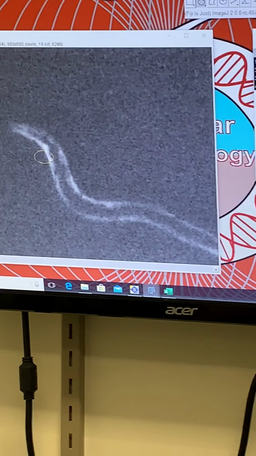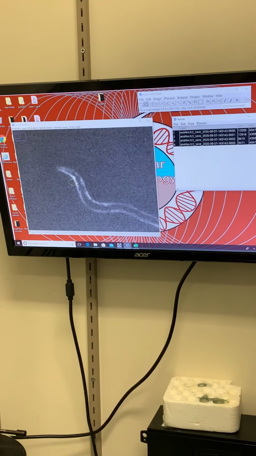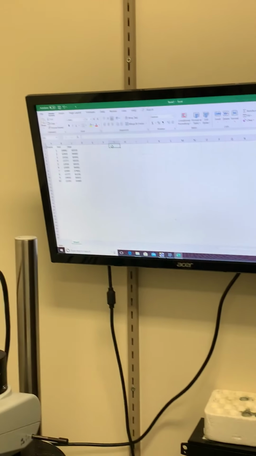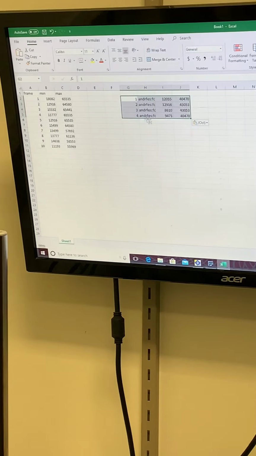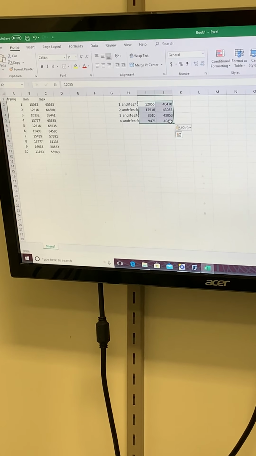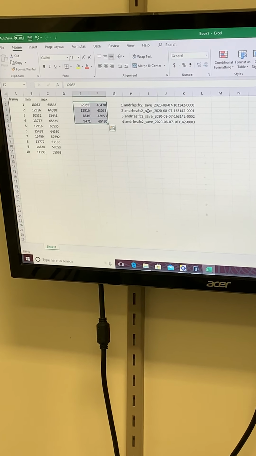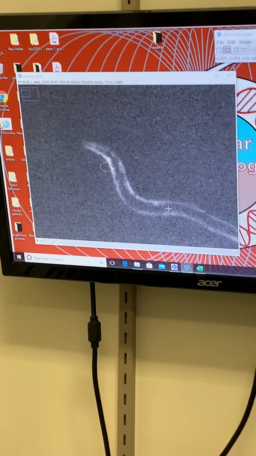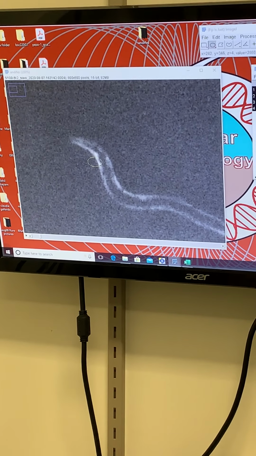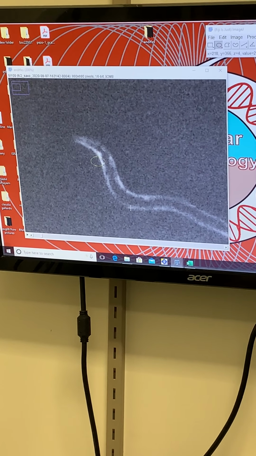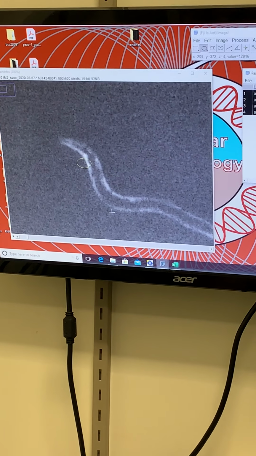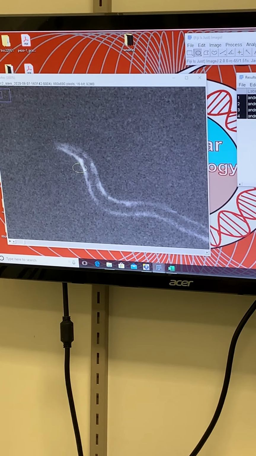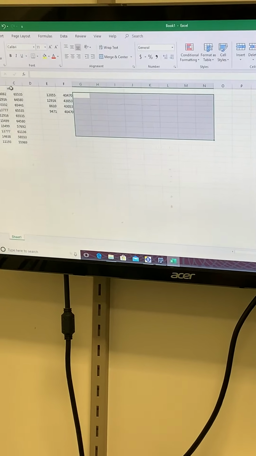And so you basically go on, and again you're going to record those measurements, copy, paste over here. Now the worms have a dorsal and a ventral side. Here is the ventral side of the muscle, there's the vulva, and so what that means is that the first set of measurements were from the dorsal side. And so we're going to call this